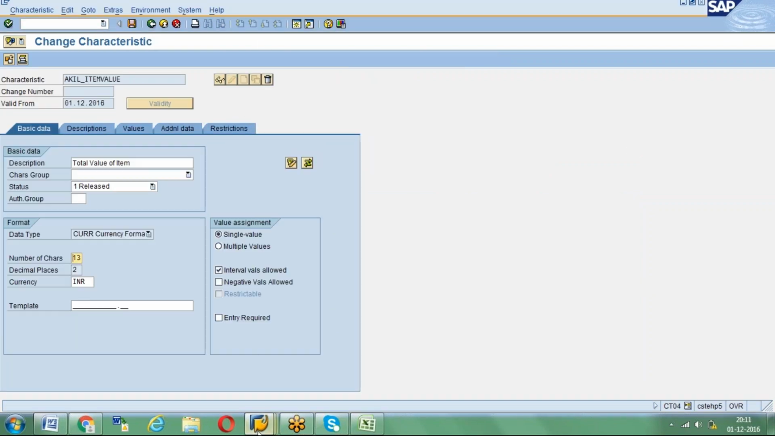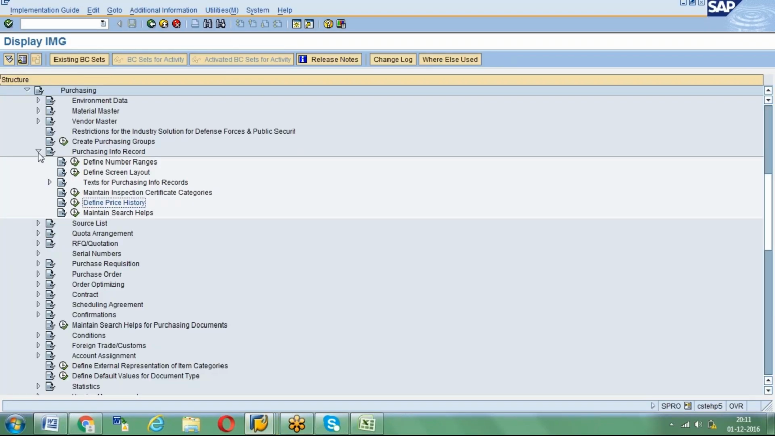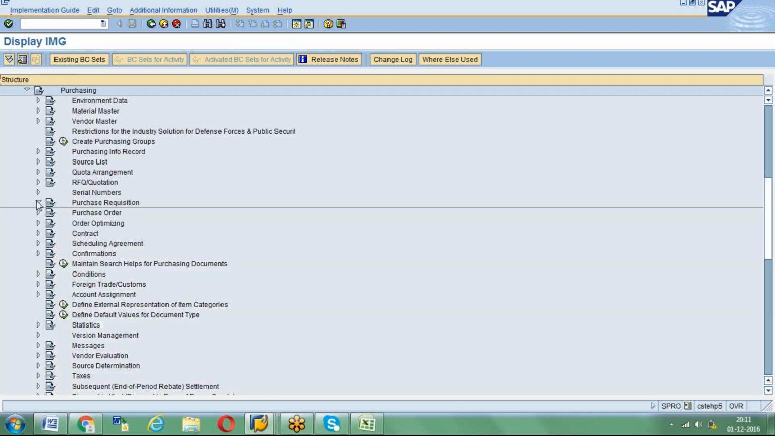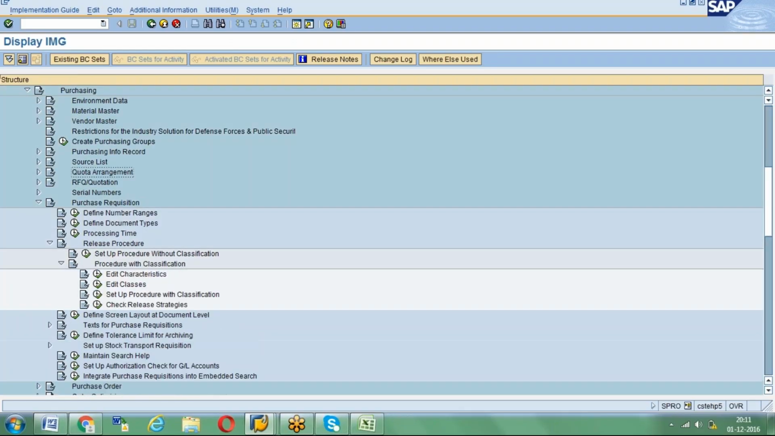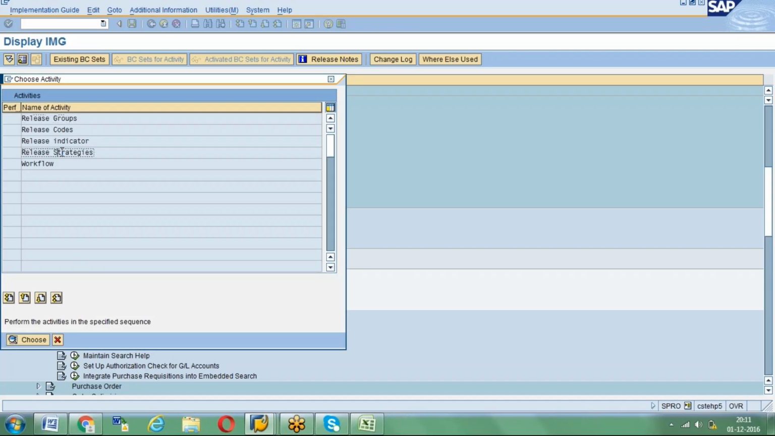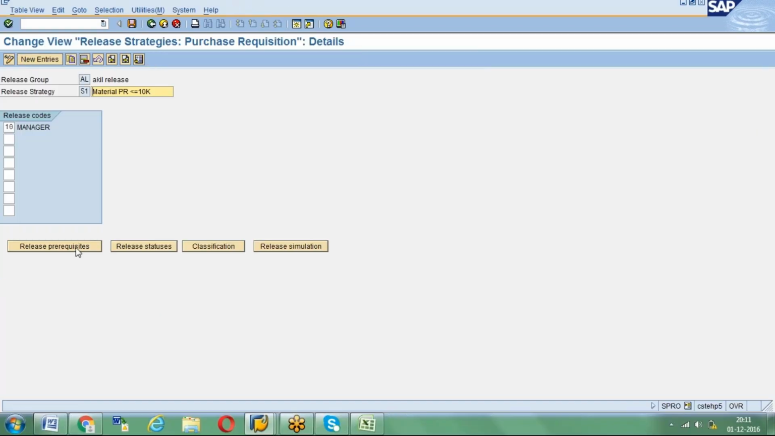How the release process will work, for example, if I take release procedure: I am coming to purchase requisition, release procedure with classification, setup release procedure with classification, then coming to strategies. In these strategies, for example, if you go to one strategy, here we have details like